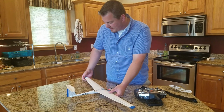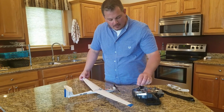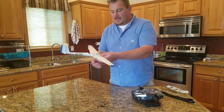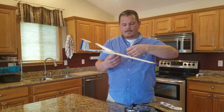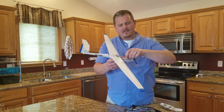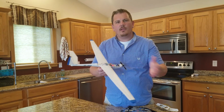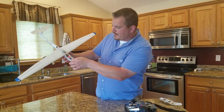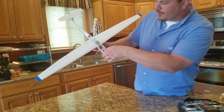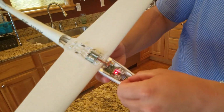You have to hold this thing still for a while. Oh no, it's working this time. It's kind of hard to tell without that... what am I trying to say? The tow release, because the tow release is on the flap channel, so it would always move every time it would initiate. Now, the other thing nice about not having that tow motor or tow release is that you can